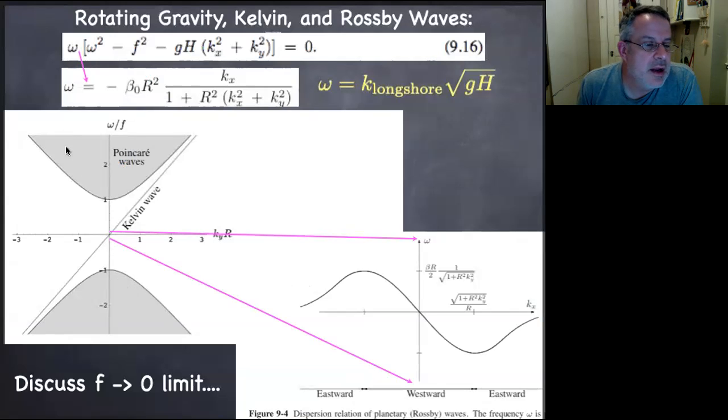Okay, here we're looking at a frequency wave number spectrum. Here are the frequencies, and up here are Poincare waves or surface gravity waves. Here's the Kelvin wave cutting across. So this is really just a method of plotting the dispersion relation. We're plotting frequency versus wave number. The fact that this and this are separated like this is evidence of there being topological insulation in this system,